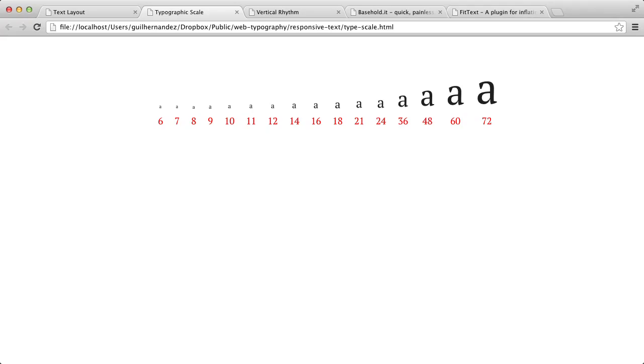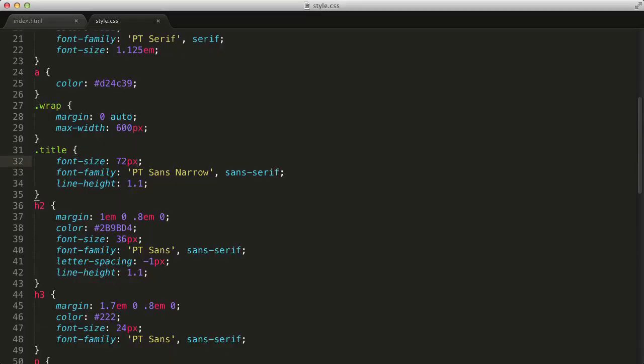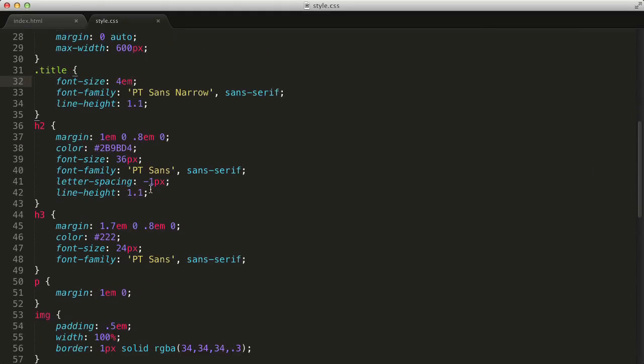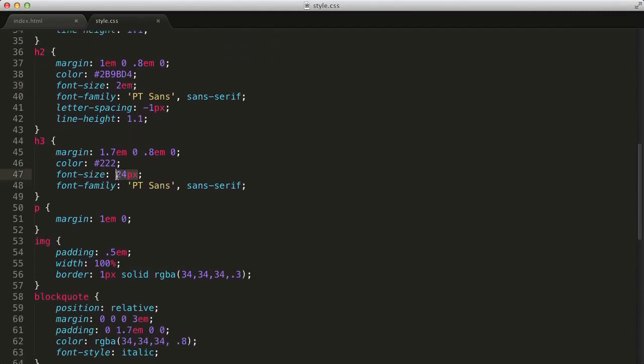We just need to convert our headings from pixels to M units. So using our new font size context of 18 pixels, we'll change our heading size here from 72 pixels to 4M. And for our heading 2, we can change that to 2M, which is twice the 18 pixel font size. And just below in our heading 3, we'll change it from 24 pixels to